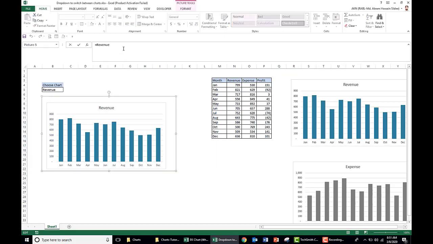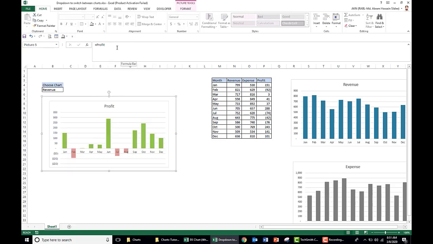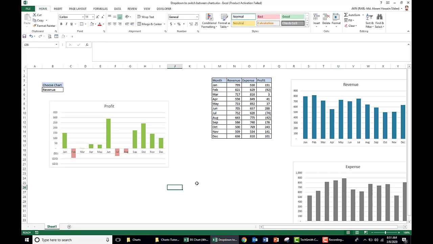If we choose here profit, the profit named range is showing here. But if we choose from here expense, this is not changing, this is not dynamic yet. We need to make it dynamic with a named range. So we need to create another named range for dynamic selection.